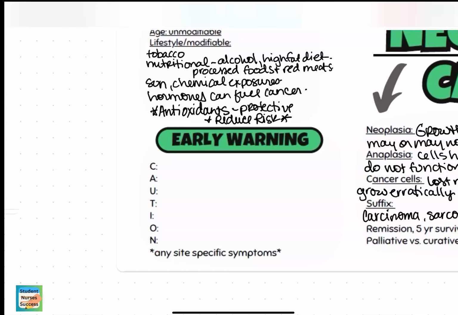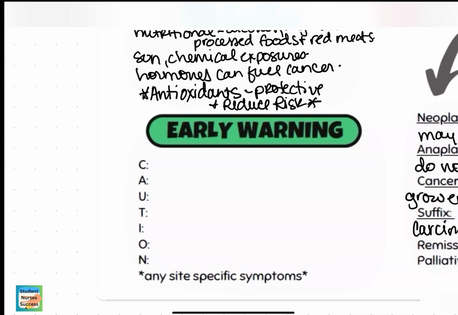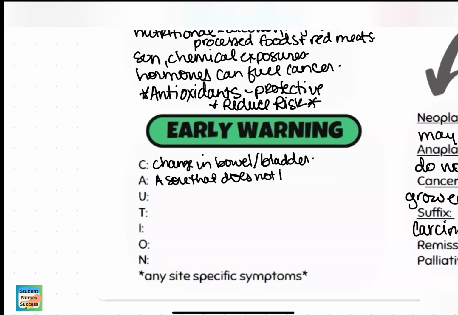So we also know there's some early warning signs. And if you look here, the word caution comes down. And there's a pretty easy way to remember. So the first is a change in bowel or bladder habits, maybe a change in your stooling patterns, a sore that does not heal, unusual bleeding,